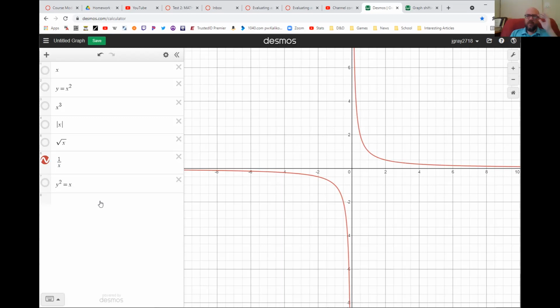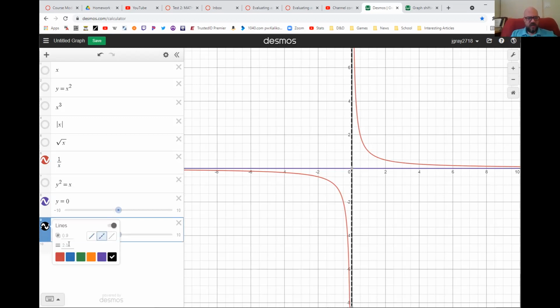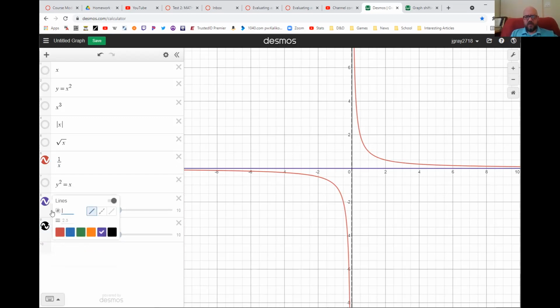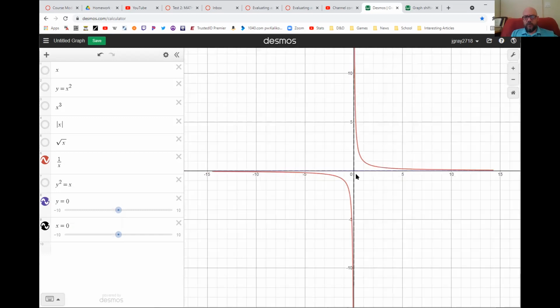Do we talk about that some? When we get to logs and exponentials, we'll do that a little bit later. But y equals 0 and x equals 0 are asymptotes. And let me dot these guys up a little bit. So that, and then we'll make it like 0.5 maybe, and then something like that. That works. This guy can be that and dotted. All right. So if we zoom in a little bit,